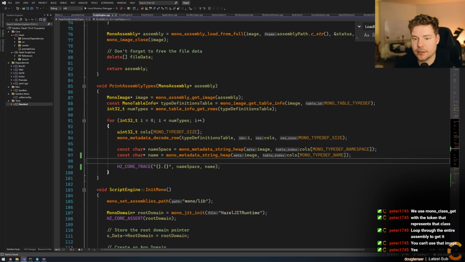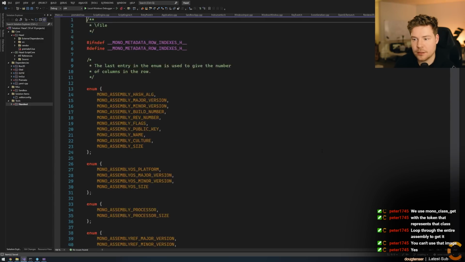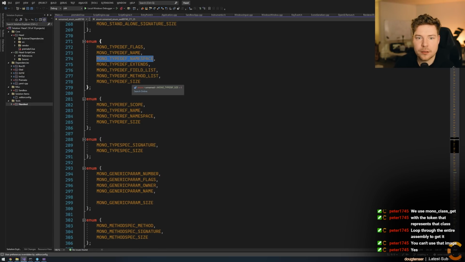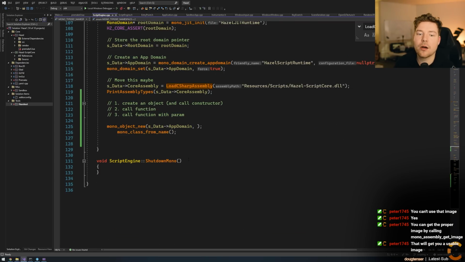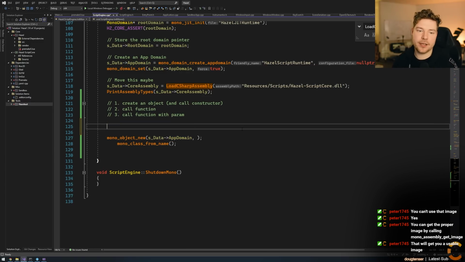Okay, right. So I can loop through this. But how do I get the, what did you call it? You called it, you can get proper image by calling mono assembly get image. Oh, mono assembly get image. Yeah, that's right. Okay. So mono assembly get image, and then we do s data